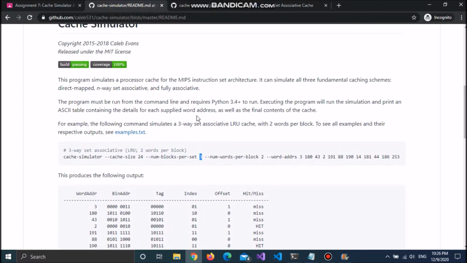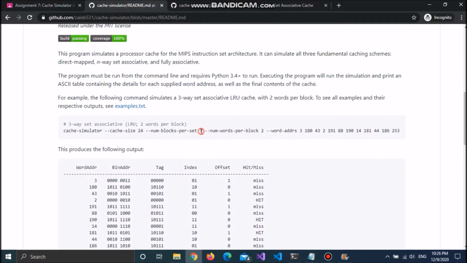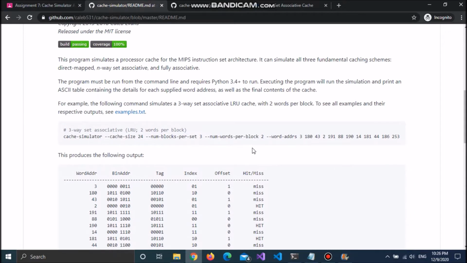Now for two-way associative, we will provide 2 here. It means that each set will have 2 blocks, or as in this case here it is provided 3. So it is a command for a 3-way set associative mapping scheme. Now the next argument is number of words per block, meaning how many words each block will contain. Here it has 2 words per block, and at last the word address argument is given, which